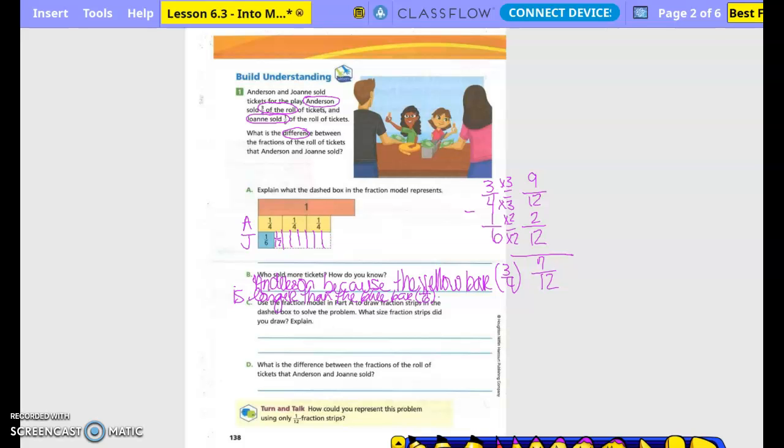Use the fraction model in part A to draw fraction strips in the dashed box to solve the problem. What size fraction strips did you draw? So we did 12 size pieces, right? So 1/12 size pieces. So basically it takes 2 12 size pieces to make up 1/6, right? So 2 1/12 size pieces